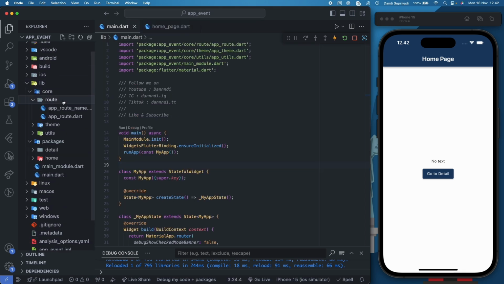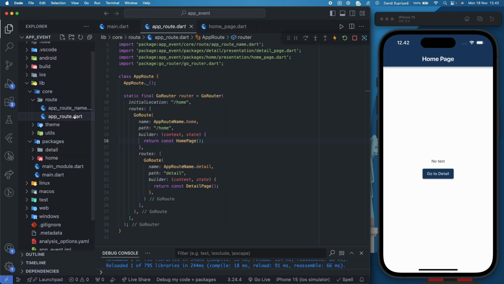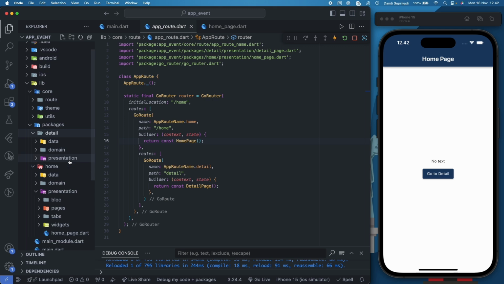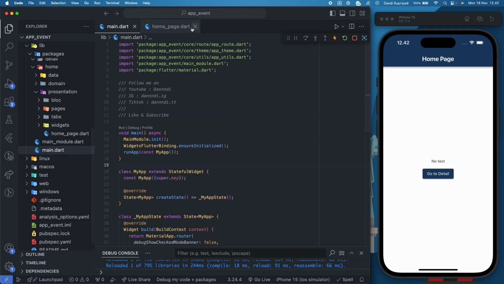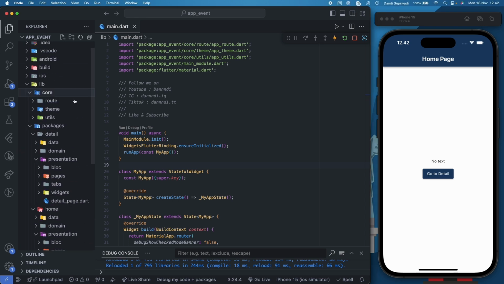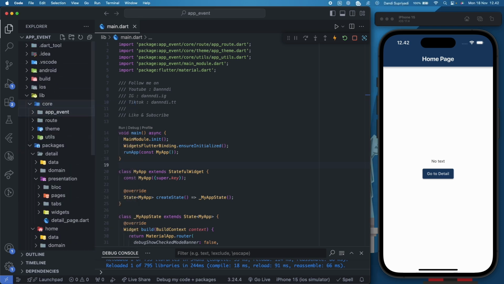And in this template project, I have set up my app route, the theme, and the screens, this homepage and this detail page. And yeah, let's create our app event broadcaster. Let's call it in here, app event broadcaster.